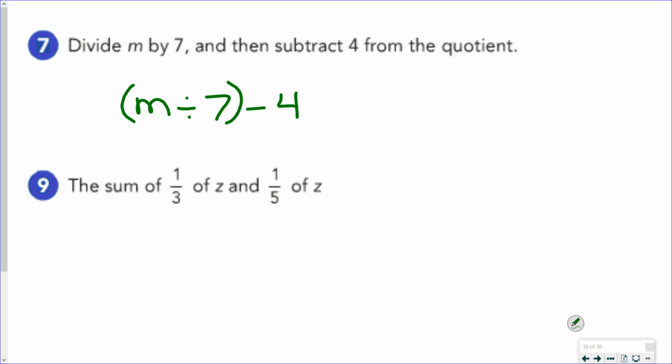Number 9 says the sum of 1/3 of z and 1/5 of z. So with the sum, we know we're going to have to add. And here it says 1/3 of z. Well, as we established, most times when you see the word of, that means to multiply. Now, the of that we have right here does not refer to multiplication because it's preceded by the word sum. But we have 1/3 of z and 1/5 of z. So we multiply 1/5 times z. And if we want the sum of those, we would add those together